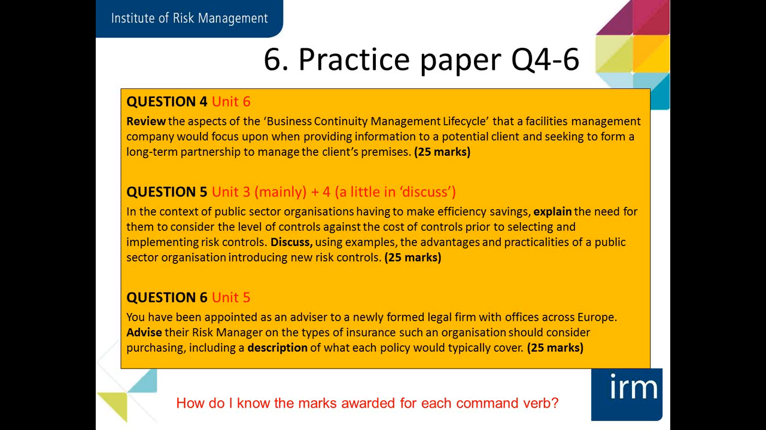So looking, for example, at question 5: explain and discuss, probably 2 equally related command verbs. But we'd want to perhaps talk about what we mean by risk controls as a definition, or what we mean by efficiency saving. Giving it a little bit of context can give you a bit of an extra mark. So it isn't necessarily 12.5 for explain and 12.5 for discuss. It's a combination of also looking for opportunities to include